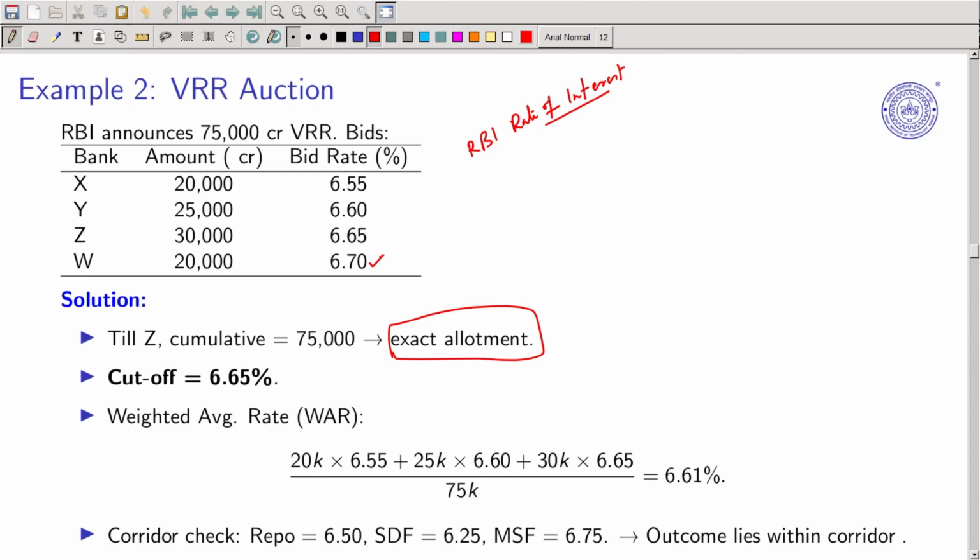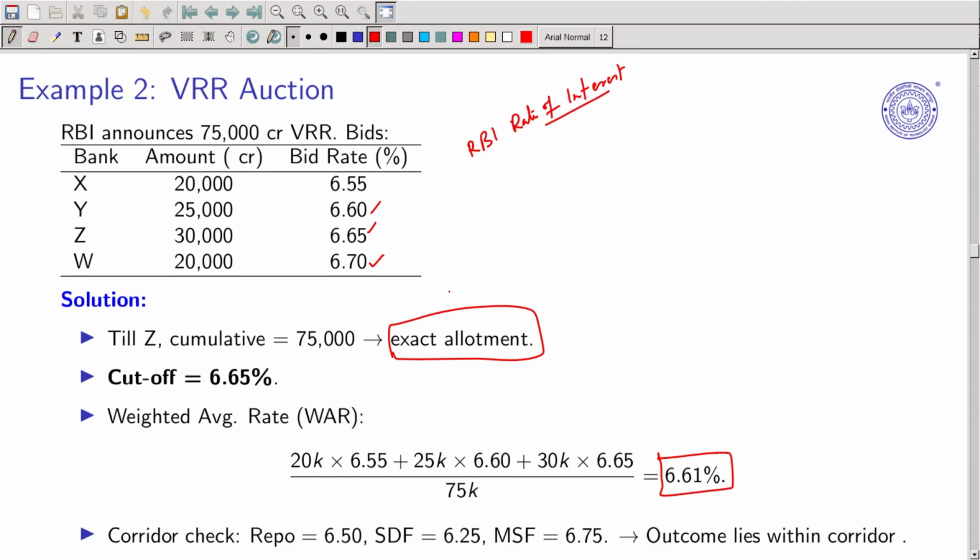So, this bank will also be included, and overall what comes out is that the weighted average rate here is 6.61. Above this will be counted first. For example, these two will be cleared easily, and then this. The lowest bid is 6.55%, it will get nothing, and it will be just with the amount. So, here you can see